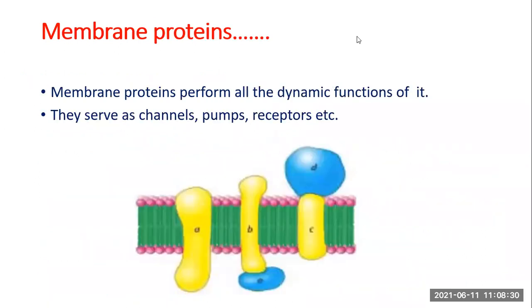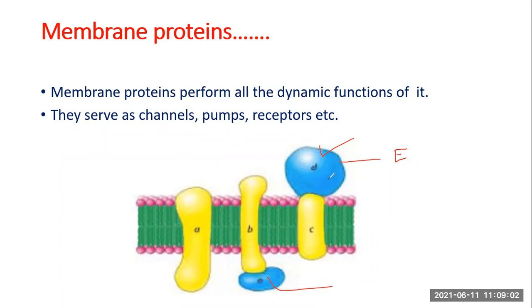So here is a picture which gives you a good idea as to what is meant by intrinsic protein and what is meant by extrinsic protein. So as you can see, the ones in blue are called extrinsic proteins, right? Because you can see they are loosely bound to the peripheral either lipids or proteins. So here they are attached to the lipids. Here it can be seen to be attached to another protein.